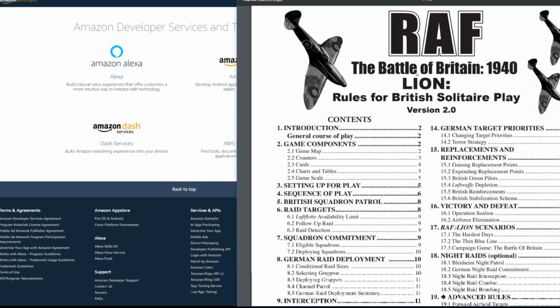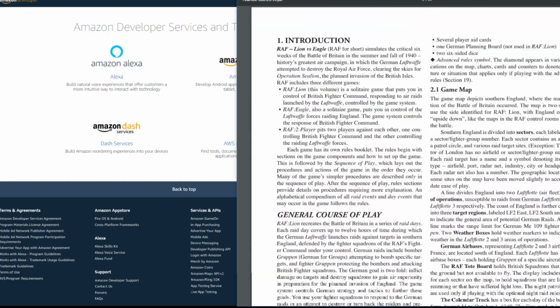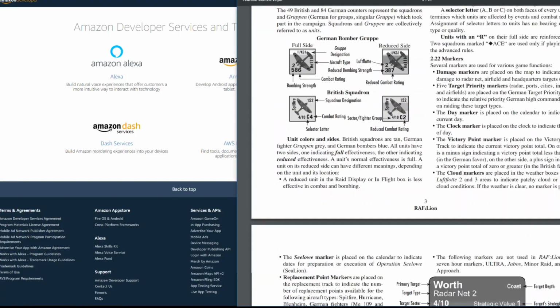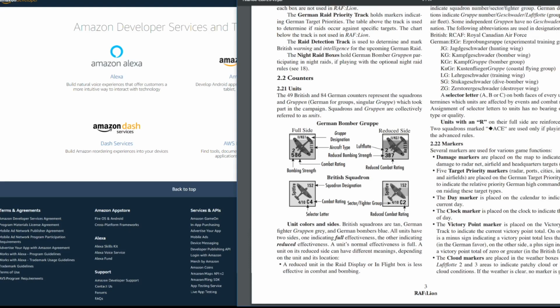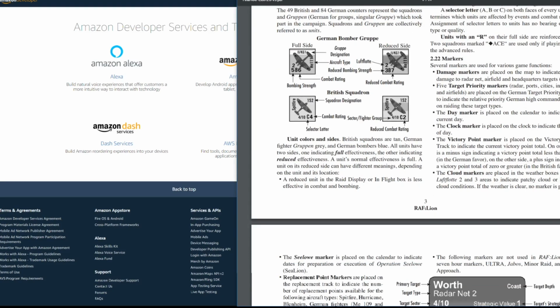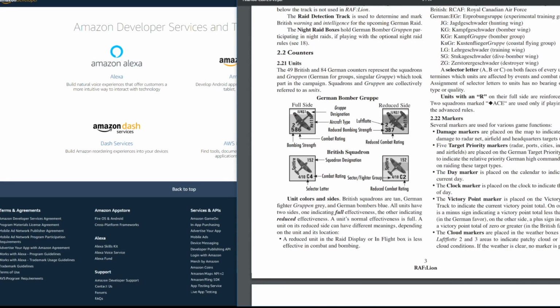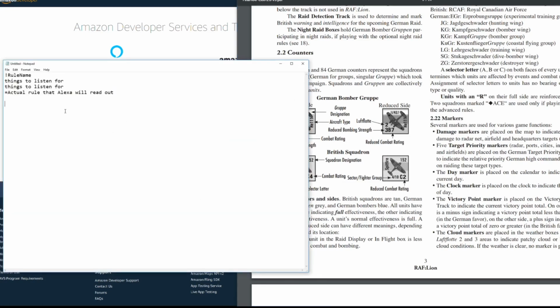Now, I'm going to do an exact copy and paste from this rulebook, and you need to get permission to do that from the designer and most likely the distributor. Anyone that owns the copyright to this, you need to get permission to do a direct copy paste. But you can summarize. If you want to summarize, I don't think they'd mind. Just summarize. I would get permission anyway.